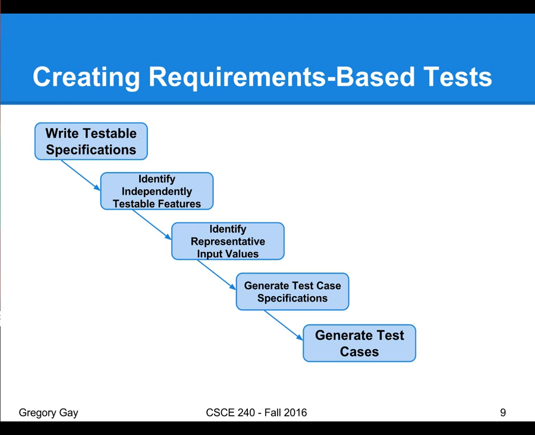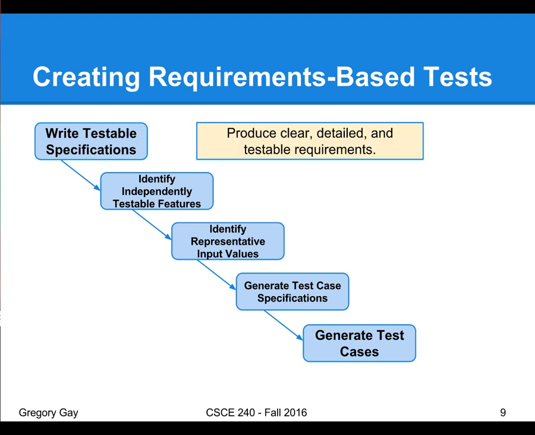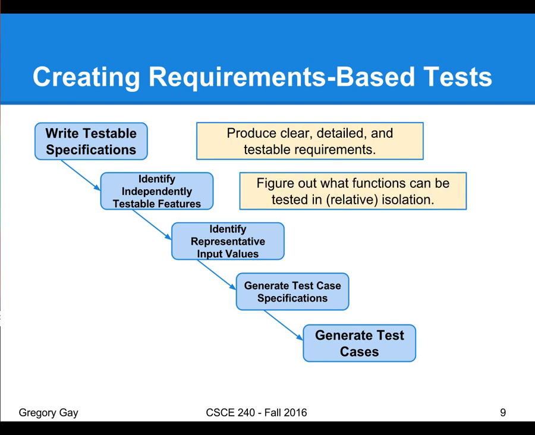So that's kind of what our roadmap looks like for creating tests from our requirements. The first thing is that your requirements have to be testable, right? You need to write and refine your requirements and keep refining them until you can come up with test cases that show evidence that requirement is being met. Then we need to figure out what independently testable features of the software exist. What are the things that we know we can call at a high level, interact with at a high level, and test those in isolation from everything else in the system. Basically, what kind of buttons can we press and what kind of outcomes can we observe?